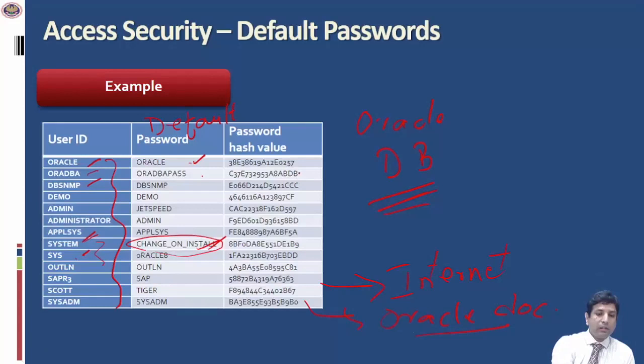Now you can see these are the password hashes. So the moment you get data from an Oracle database, you can compare the hash values. Even though the password is not stored in this form, the password is stored as a hash value, and this hash value can be compared against the hash value of the particular company that you are auditing, and you can match that value to the corresponding English text password.